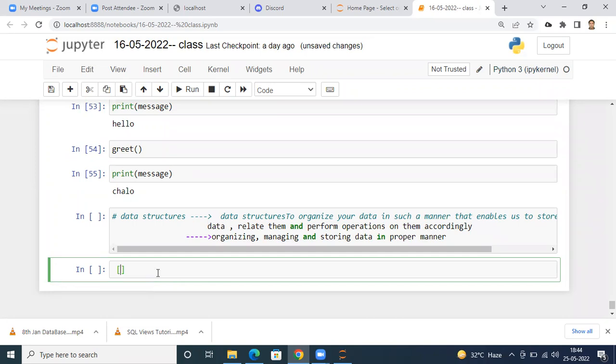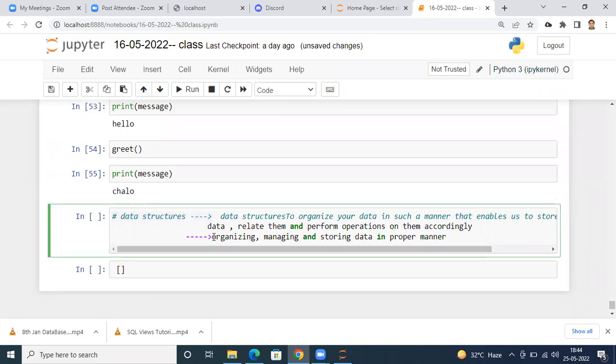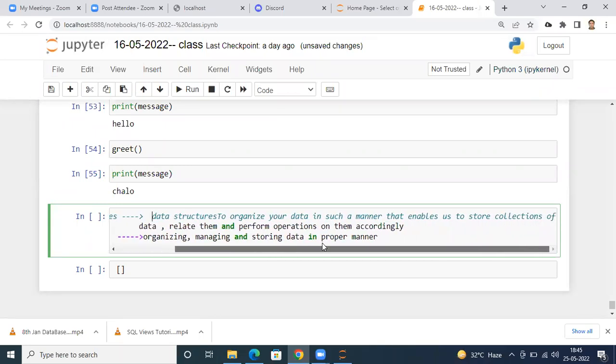All these requirements you can achieve with the help of what? Your data structure, because this is the need of the hour: organizing, managing, and storing data in a proper manner. It can be accomplished by your data structures. Data structures allow you to organize your data in such a manner that enables you to store collections of data, relate them, and perform operations on them. The main purpose is this: you want to store them in a proper manner, relate them, and perform some operations on them. That we can achieve with the help of